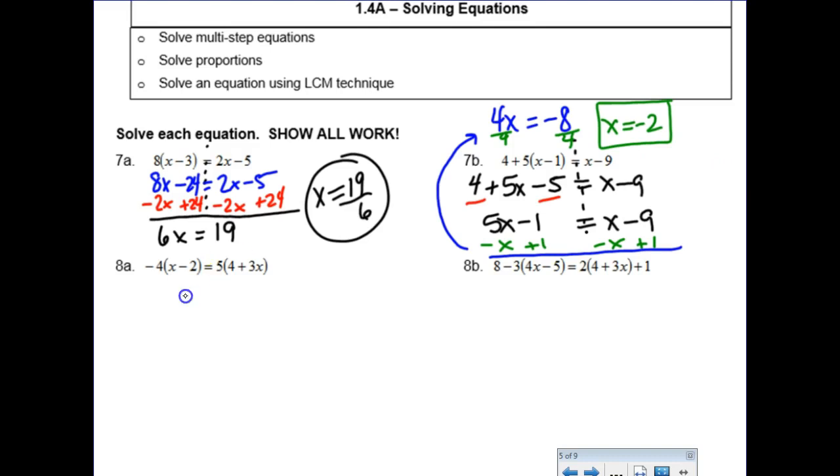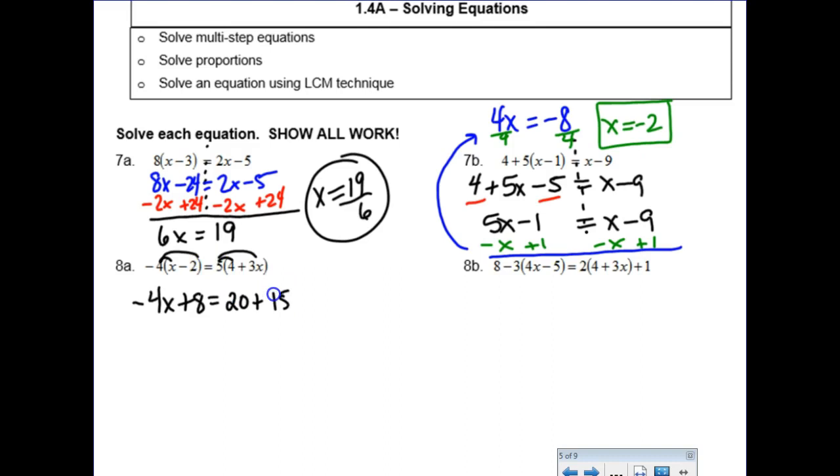Some more distribution. These questions are not hard for you guys. You're very talented at equation solving. You just have to watch your tiny mistakes. I'm one to talk. I think I make like 10 mistakes a day. But here we go. Let's try. Negative 4x. This becomes a plus 8. And then 20